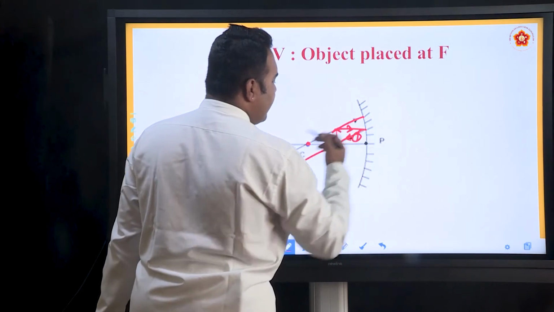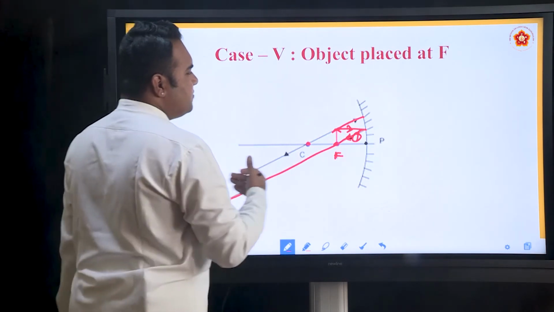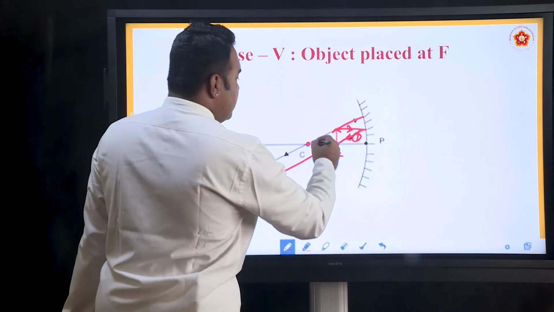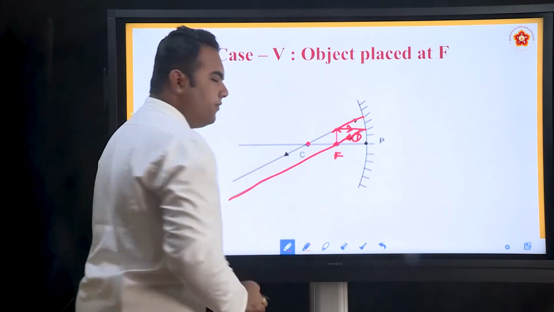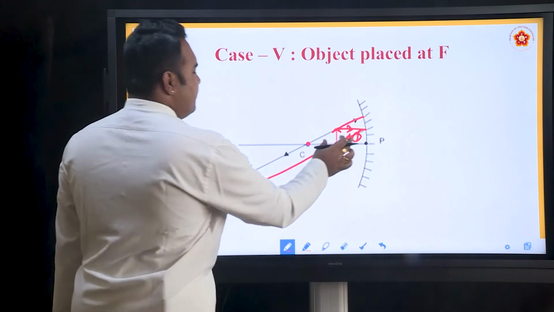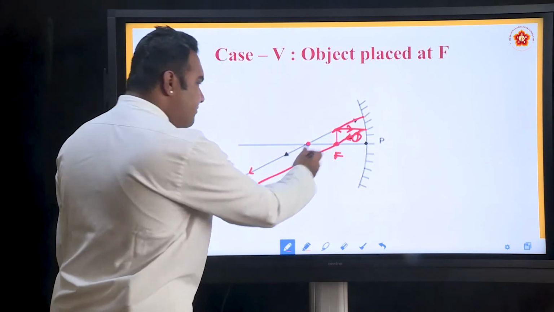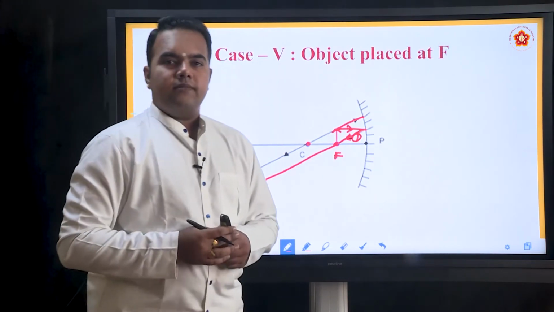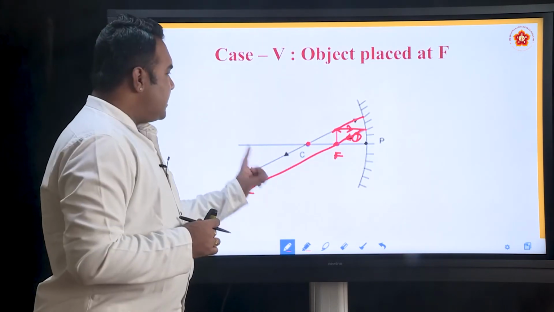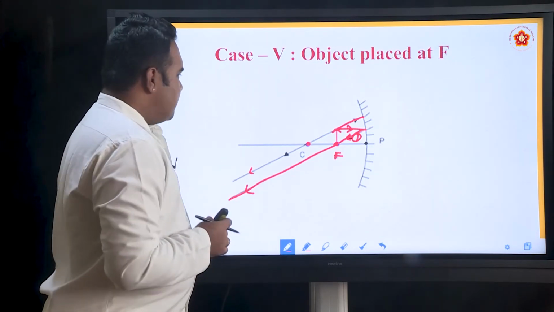This is the first ray of light, parallel to the principal axis, which passes through the principal focus after the reflection. The next one, this ray of light passing through the center of curvature, goes undeviated. Now, by using scale and pencil, if we draw these perfectly, that means if you maintain the parallel nature between the lines and then mark these positions carefully, you will see that these two rays of light never meet on this side of the mirror, which means what? These two are parallel lines and they only meet at infinity, which means they never meet at all. They are going somewhere towards infinity.